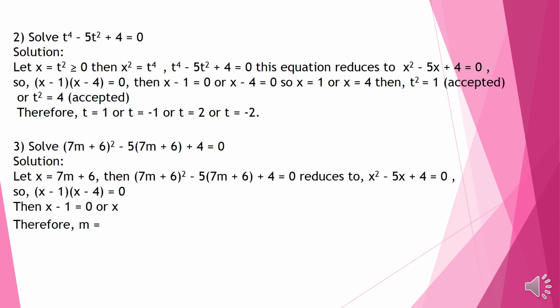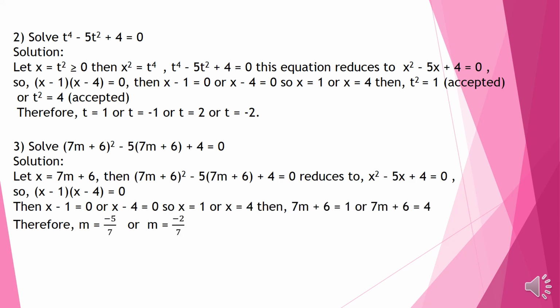The solution of this equation also here, x equal 1, x equal 4. If x equal 1, so 7m plus 6 equals 1. If x equal 4, so 7m plus 6 equal 4. In the first, 7m plus 6 equal 1, you get m equal 7